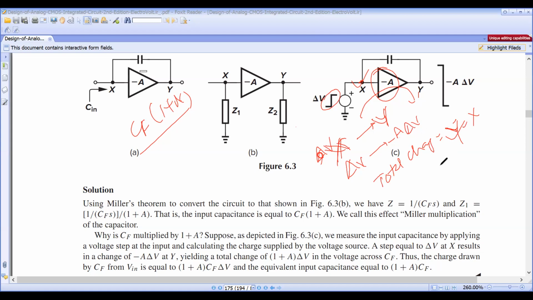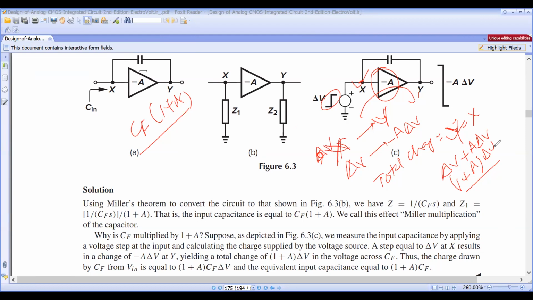So that is delta V plus A into delta V. You can take delta V common, then 1 plus A into delta V. So this is the change which appears across the capacitor CF. Since the voltage across CF is 1 plus A into delta V,